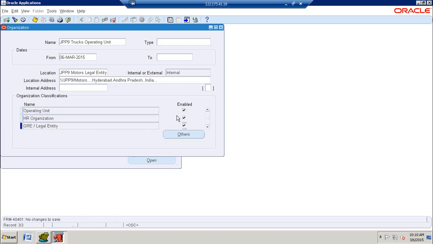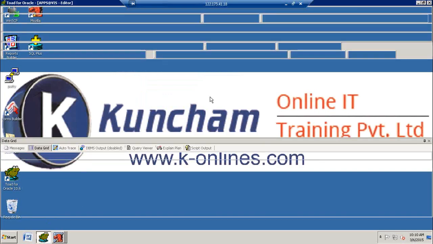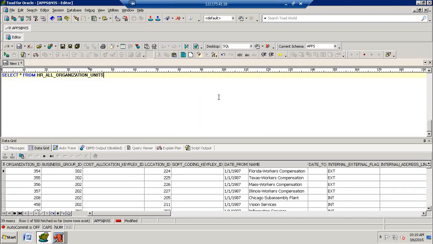Once it is completed, now we are going to check from the back end which table captures this operating unit information. Basically, which table has this? We have a specific table. The main table is select star from HR all organization units. It is one of the tables which has the business group as well as operating unit information as well as inventory organization. Then now we can check it where name like